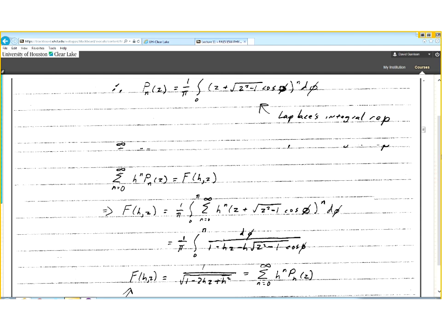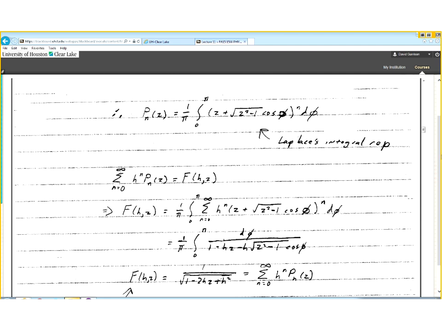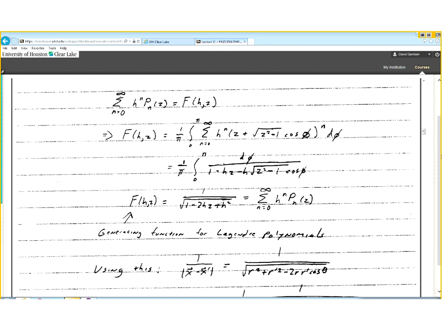But anyway, this is just one of the interesting things about these special functions like the Legendre polynomials, the idea that you can express it in different ways. And then this brings us to the idea of the generating function. Here, what we can do is if we do a summation of a Legendre polynomial with some other term we're going to call h to the n, then that creates this analytic function f of h and z,